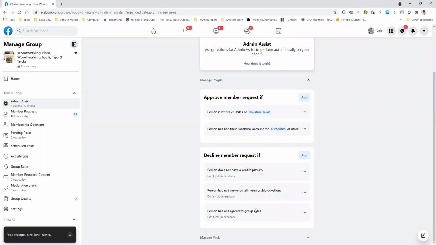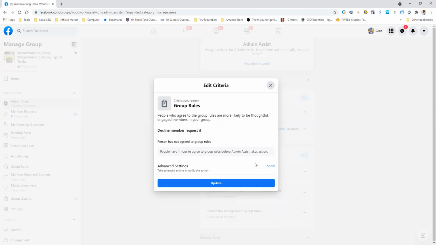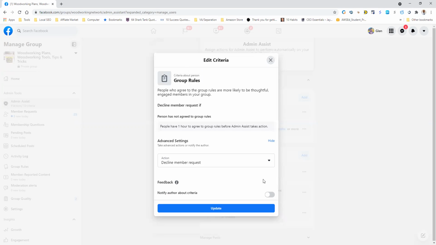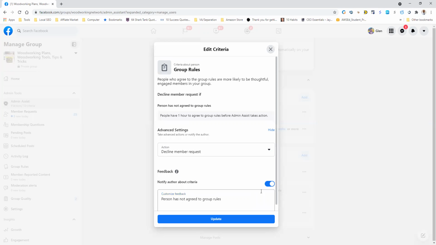All right, agree to group rules. It says don't include feedback. I don't know why it's saying that. Notify author about criteria. I don't know why it's saying it's not going to include feedback, because feedback would be mine.